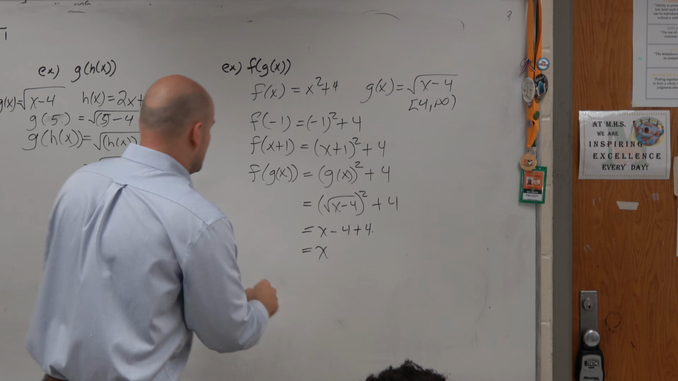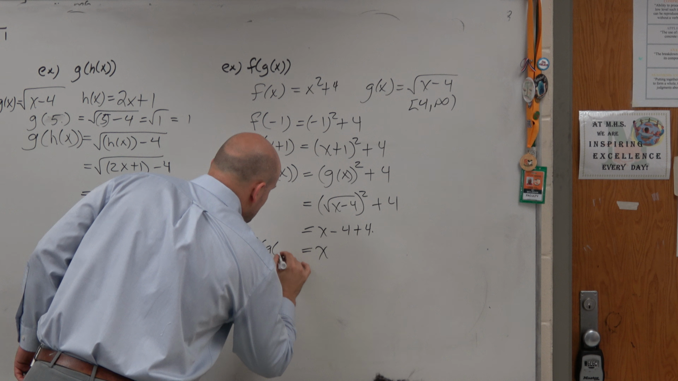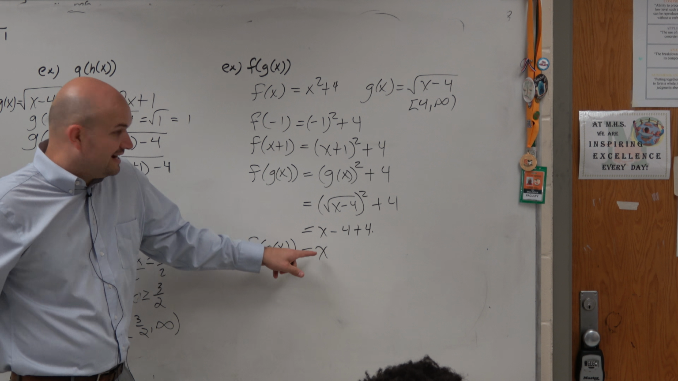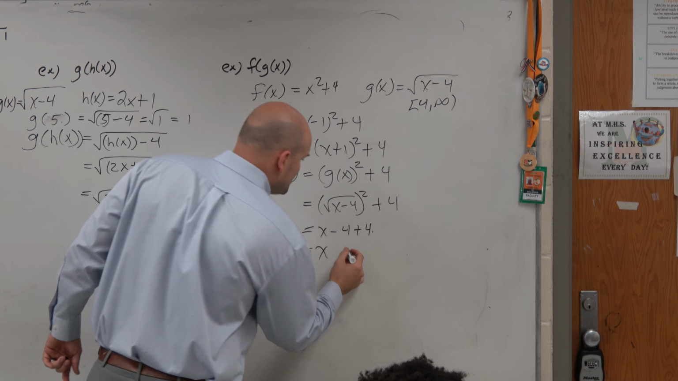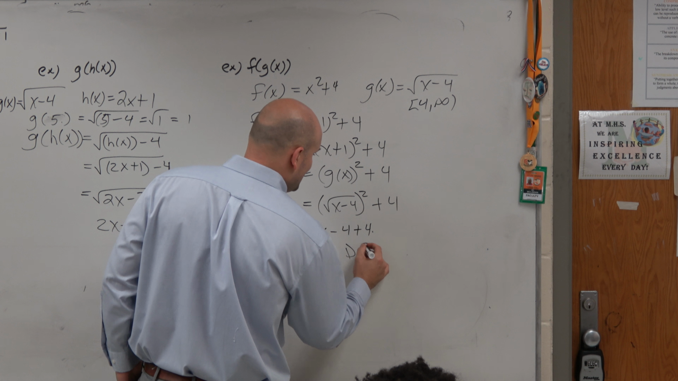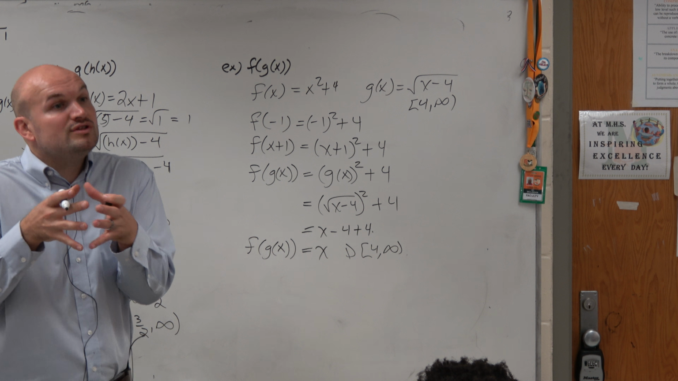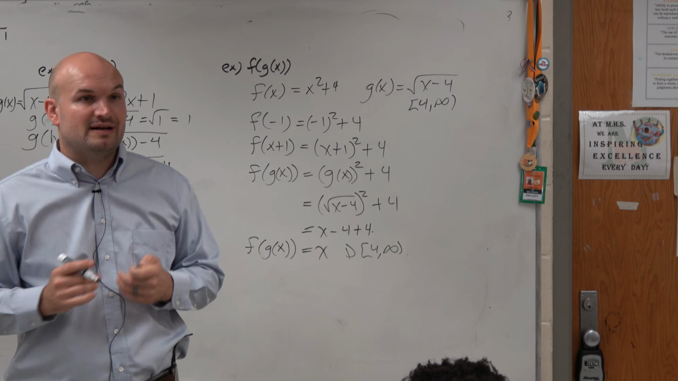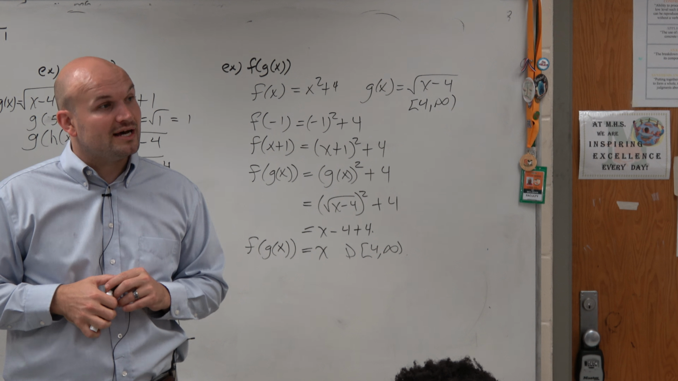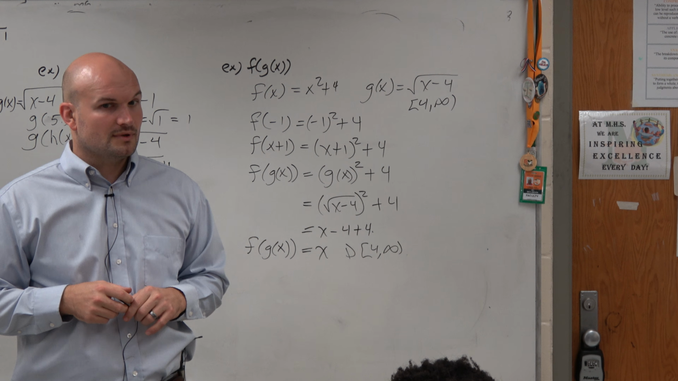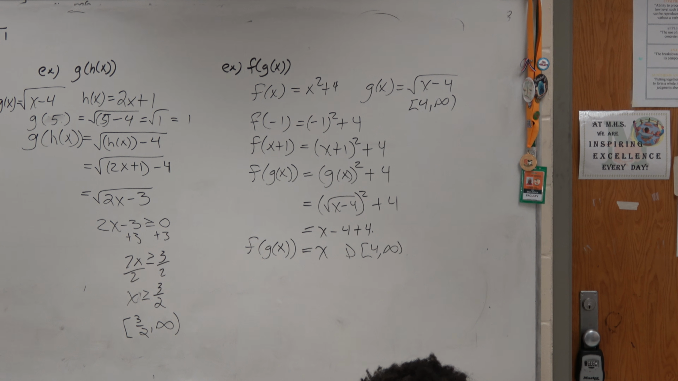So guess what? F of g of x simplified is just x. However, the domain is taken from the original. The actual composition is only restricted from 4 to infinity. So we have to make sure we keep that original restriction. OK? So to give you guys a summary of what we were looking at,